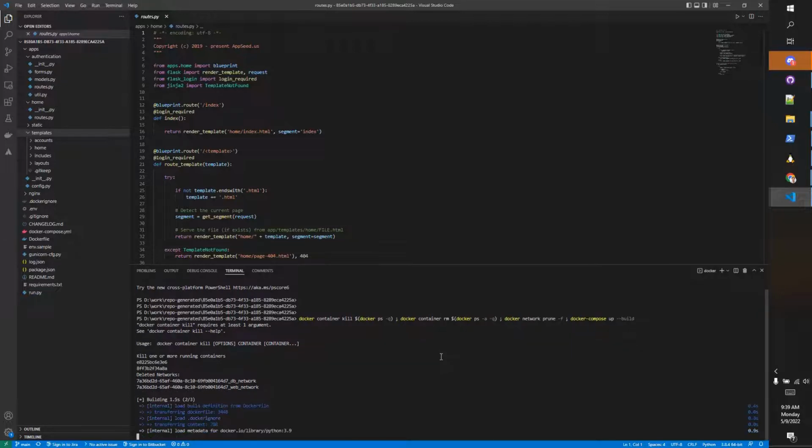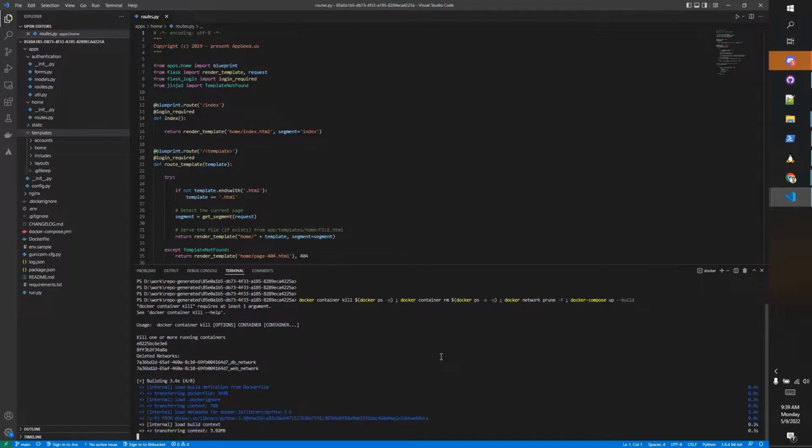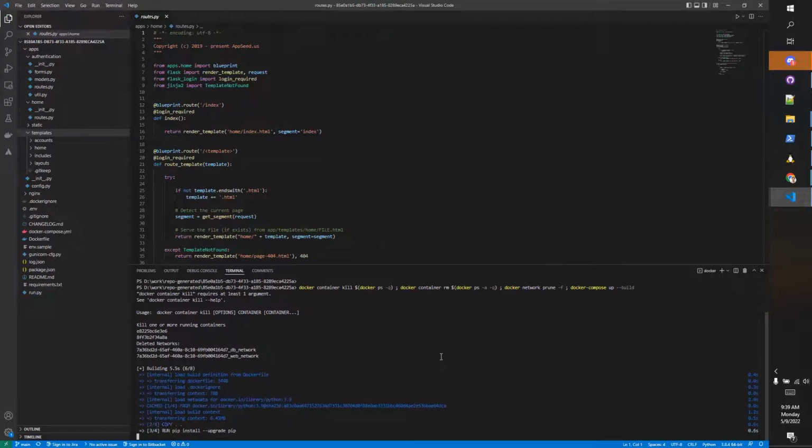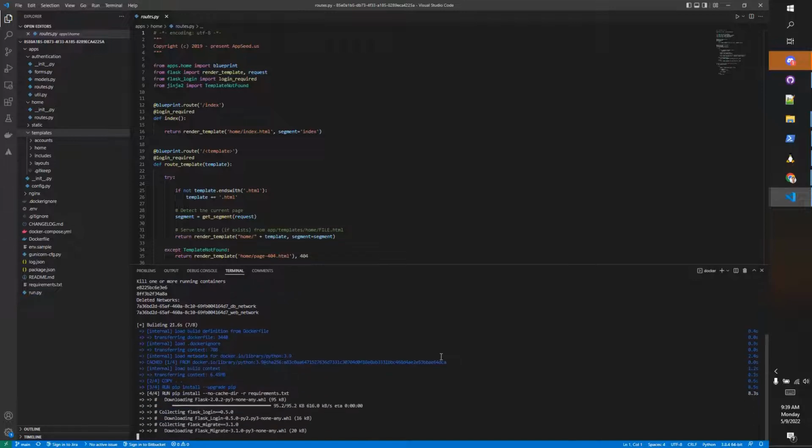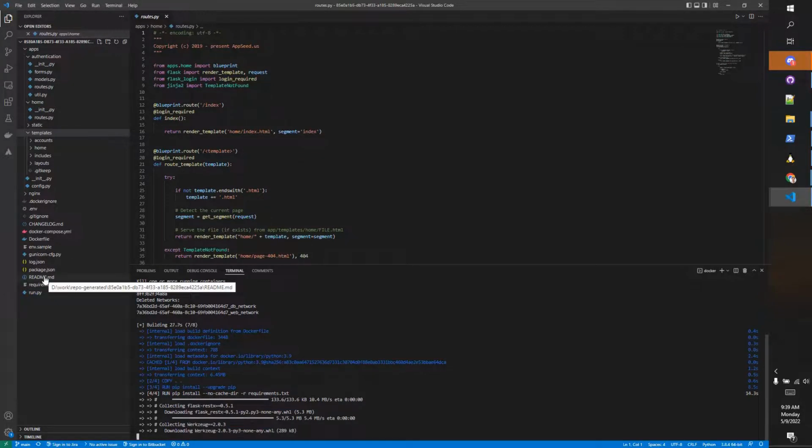It will take a minute or two to build and start the entire project using Docker. Of course, you can use the classic manual build where you create a virtual environment, install the modules, set up the Flask environment and start the project. You have all the instructions here in the README. In case you have any issues, feel free to